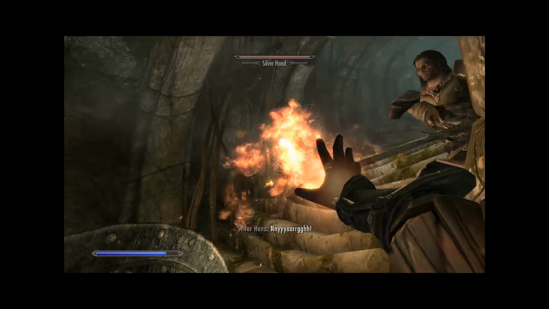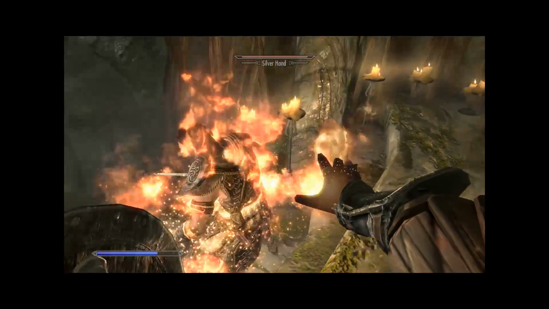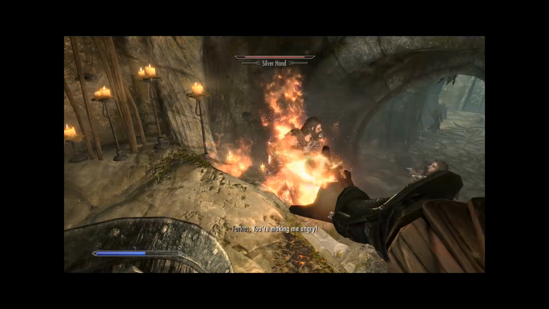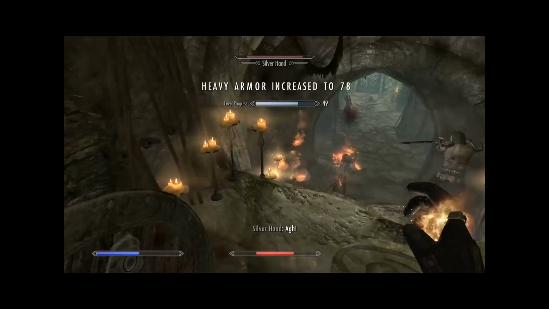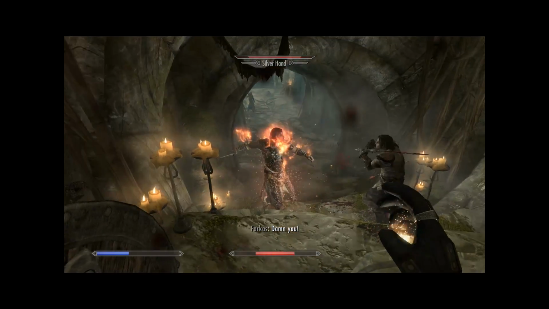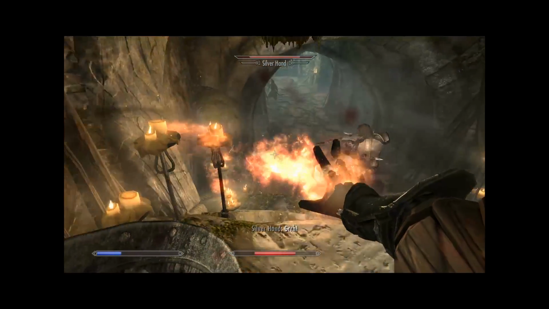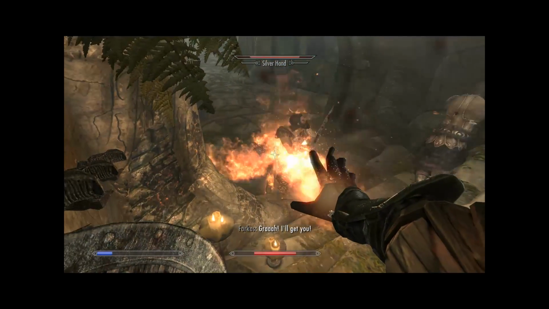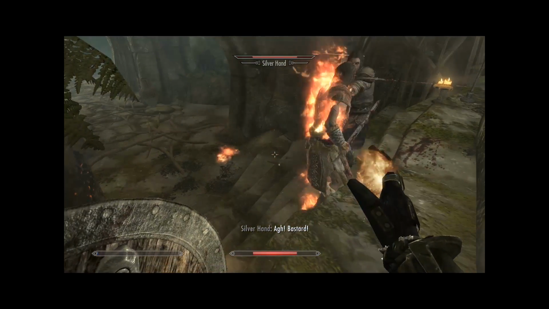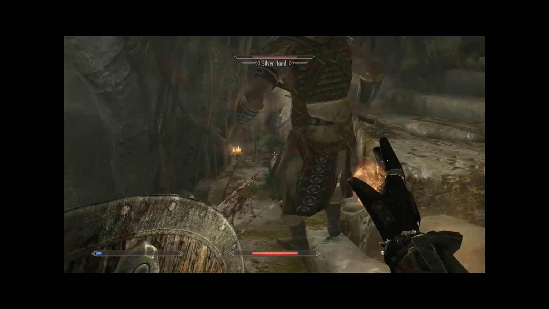Kill some bitches. We got 2 more Silver Hand to deal with. There's 1 melee who seems to be fairly weak, heavy armor to 78, and an archer who is undeniably powerful. That's all you got? Heavy armor to 78 is good. Of course. Looks like she's now shooting Farkas. That's okay. Once we kill this guy,